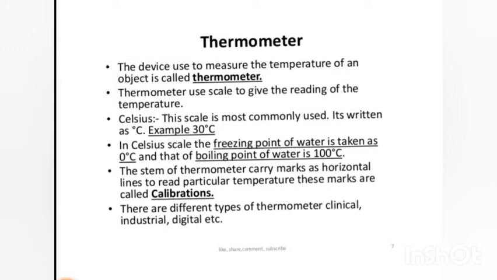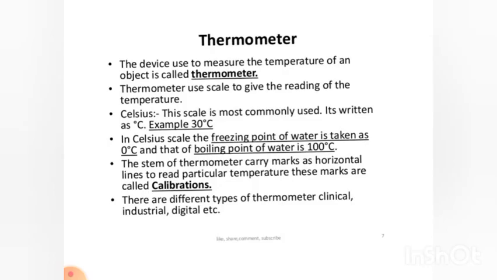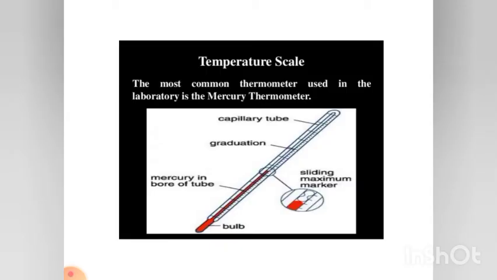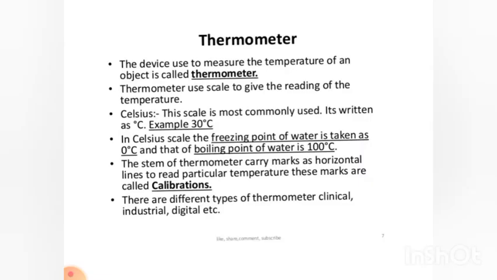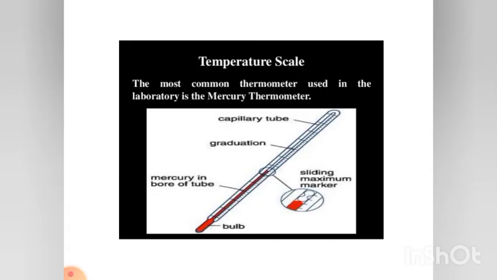In thermometers there is a scale, and it can be any scale like the Celsius scale, Fahrenheit scale, or Kelvin scale, and we measure our temperature through it. You have also seen thermometers in your houses. Inside the thermometer there is mercury, and it is made of a glass tube. There are mainly three scales in which we can measure temperature.